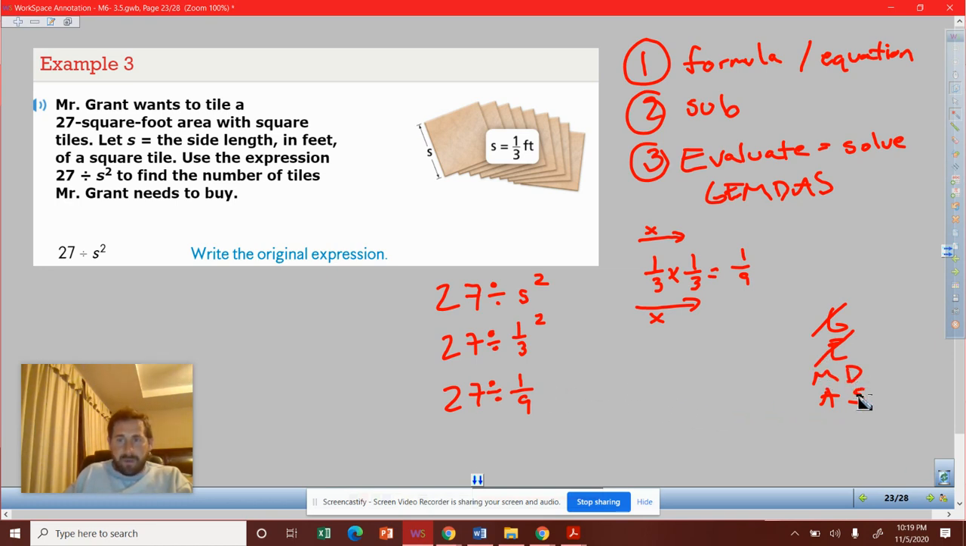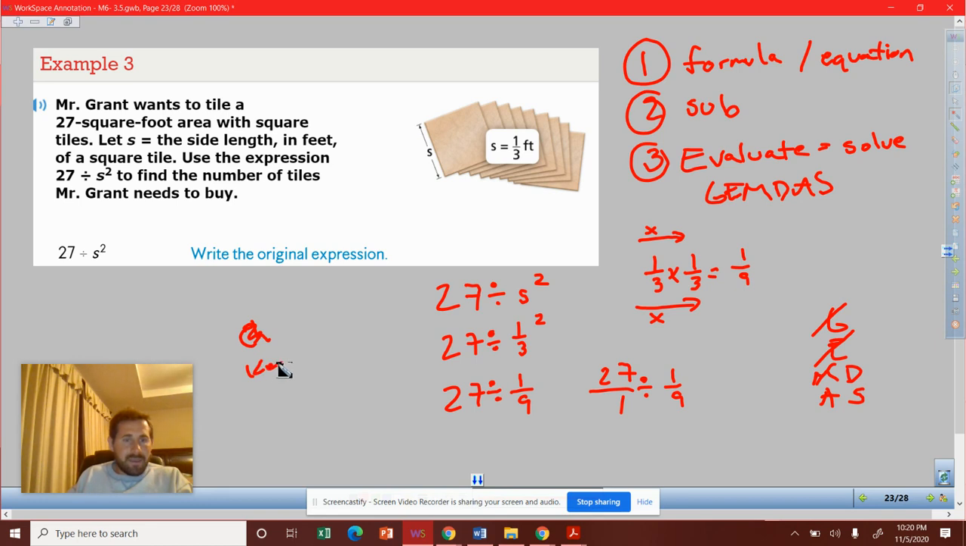Now I can go to the next part of my GEMDAS tower. Do I have multiplication? No. Do I have division? Yes. So now I can do my division. So we have to remind ourselves, how do I divide a whole number by a fraction? What I do is I turn my whole number 27 into 27 over 1. And then I'm dividing by 1/9. So you all should remember,